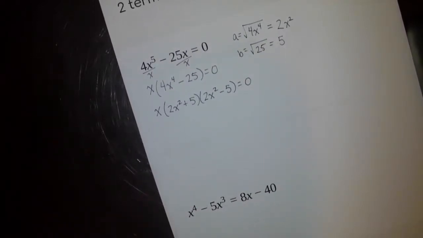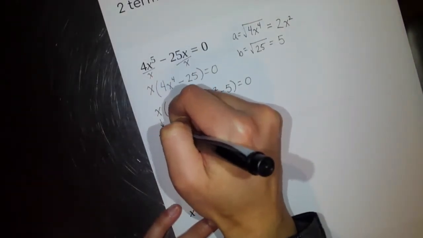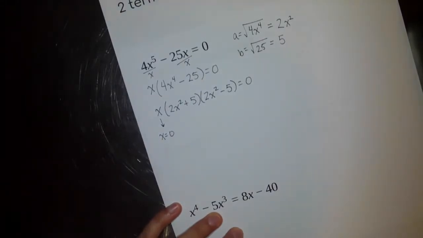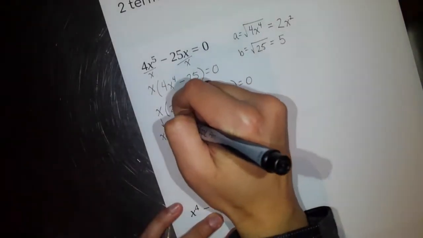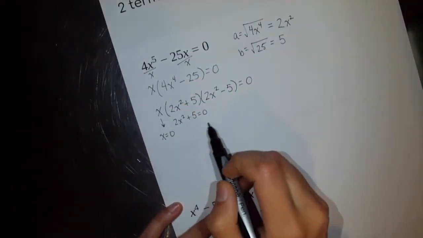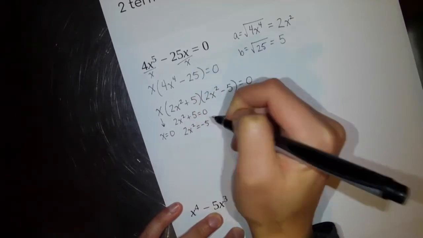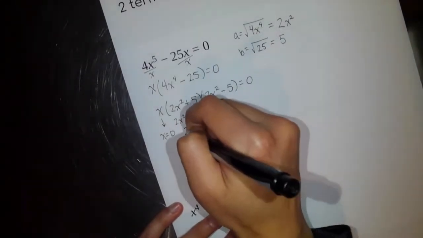So now that it's fully factored, I can start solving. So this would just be x equals 0. Okay, so that GCF I took out at the beginning, since it has a variable, I do need to set it equal to 0 to be one of my solutions. 2x squared plus 5 equals 0. I would subtract 5, divide by 2,